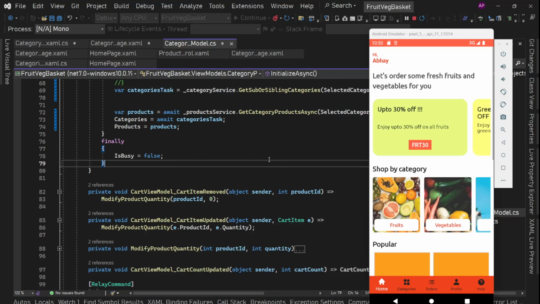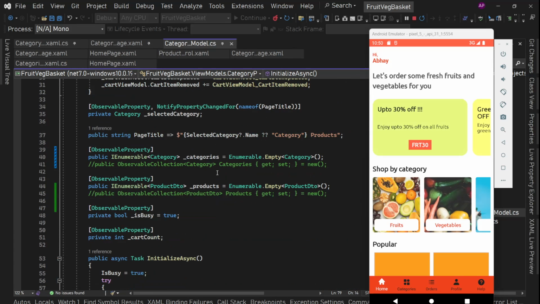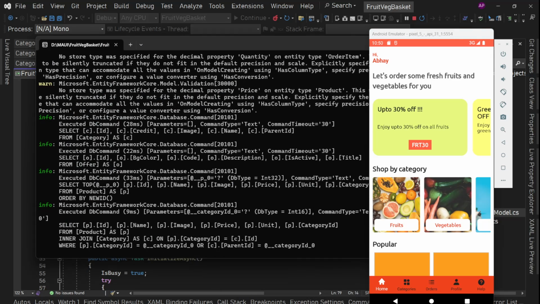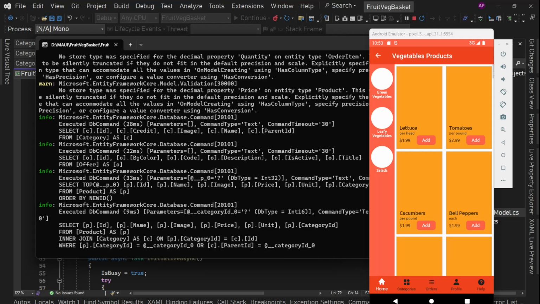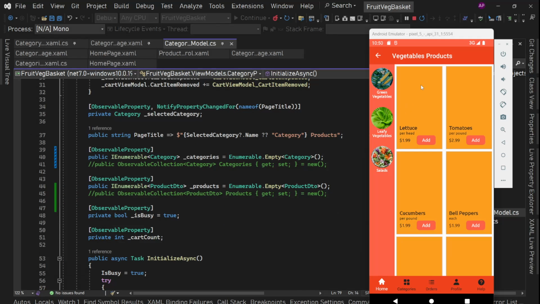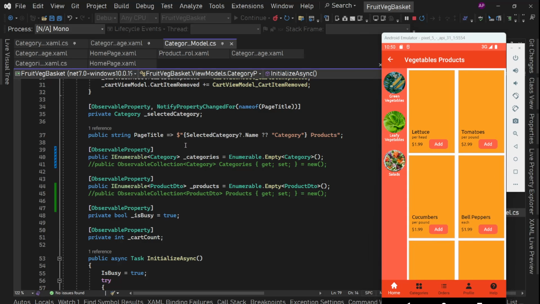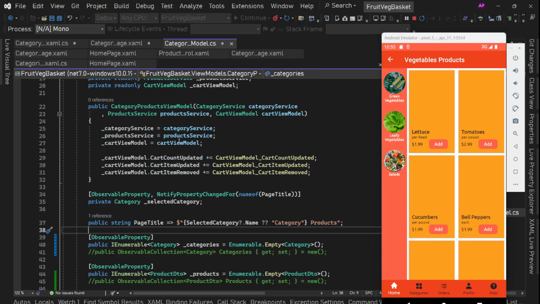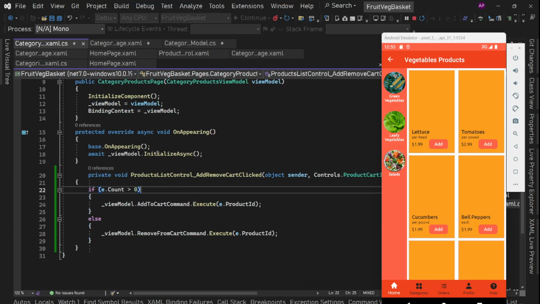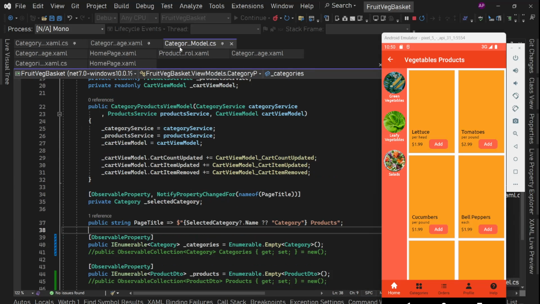Maybe we should modify this observable collection logic in all other screens as well, right? So now we are on vegetables. It is still taking time. We got the data already. Yes, it automatically dumps. So for this, I could not find any other solution, but what works in such cases